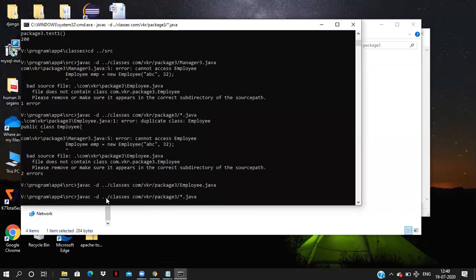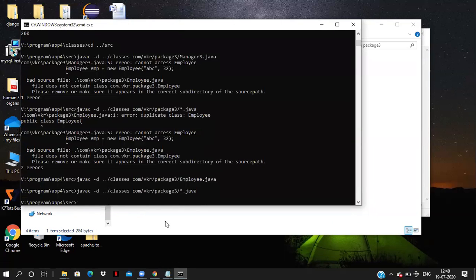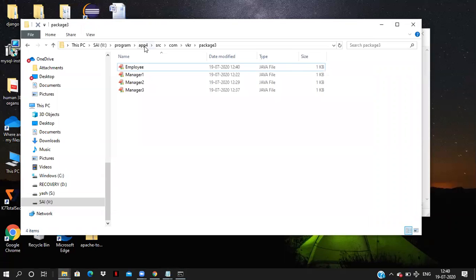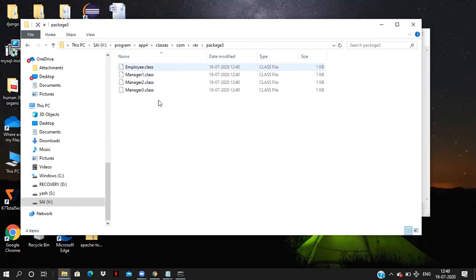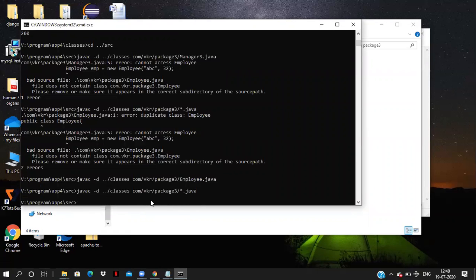Now compile everything, automatic off. Now it is compiled. The application for classes, VCR, package 3. We created employee.class. Now manager 3.class also created. So go to the